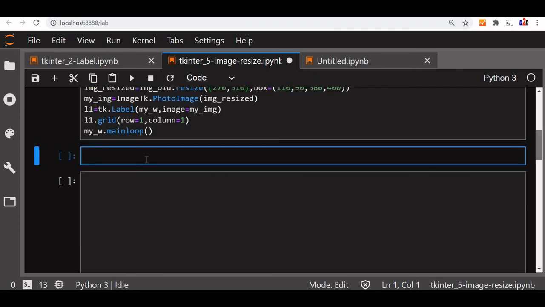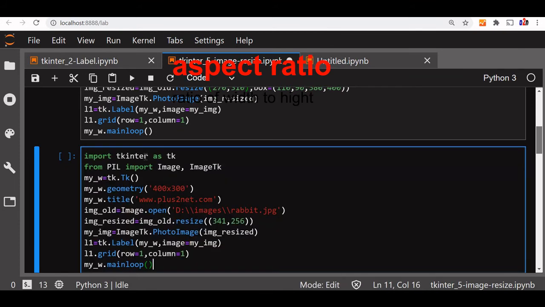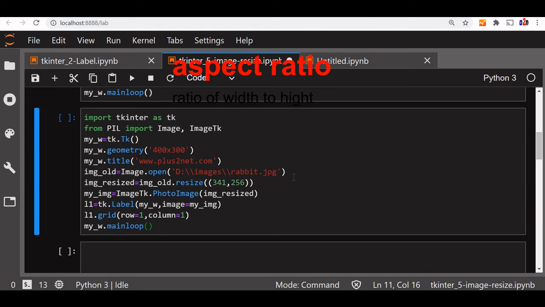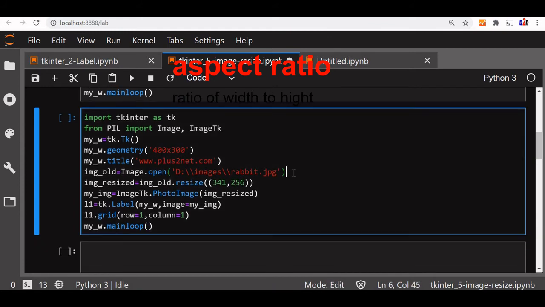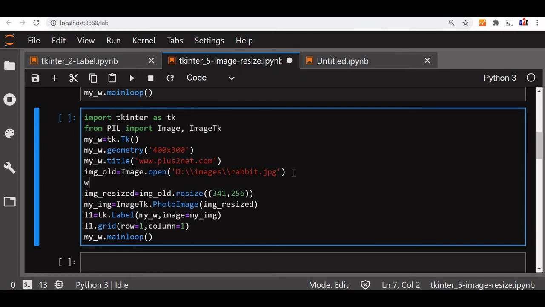Now we'll see how to maintain the aspect ratio of the original image and reduce the size. We'll just copy our first code. We used it here. In this we'll add, first we'll read the width and height. Let's say width, height is equal to img_old, our old image, the object we created in the line just above, dot size.